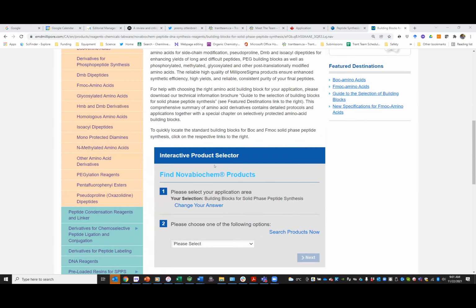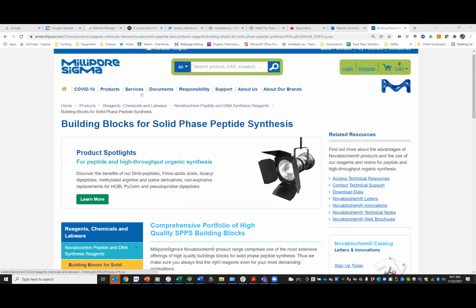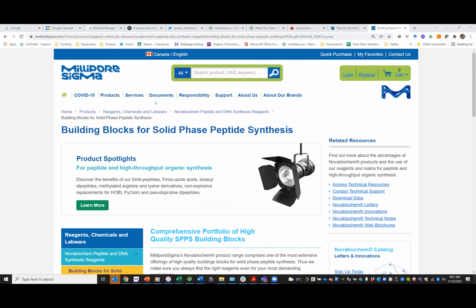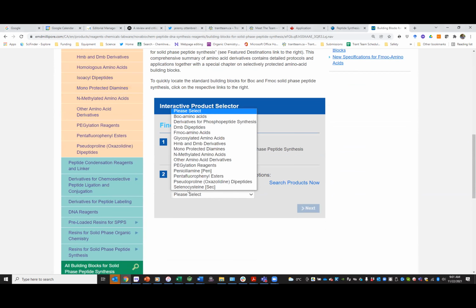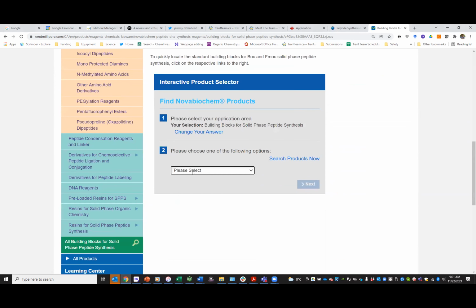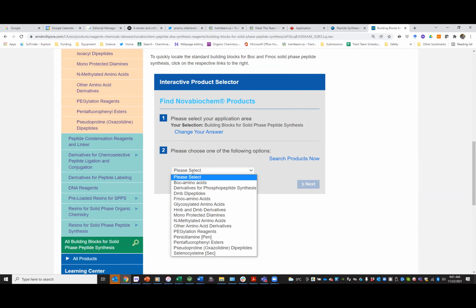So, this is Novabiochem. Actually, for one of the questions that you have, like talk about the different protecting groups, this is actually a really good website. They are now owned entirely by Millipore Sigma. And what you can do is, so we have these choices of different building blocks for amino acids. So there's solid phase peptide synthesis, there's bulk amino acids, we'll talk about those, Fmoc amino acids, which are the major ones, all sorts of different derivatives,